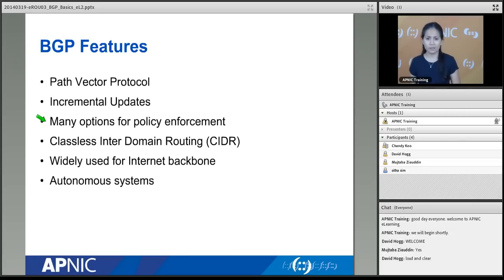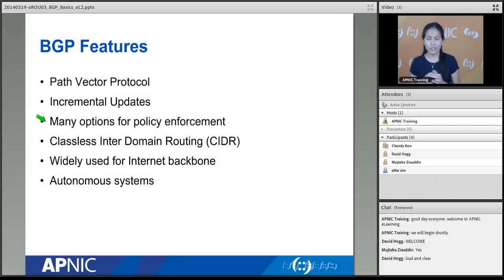Let's just say that, in my network, I've decided that I only want particular types of traffic to come into my network. Or I only want to peer with these neighbors and I will only send the prefixes that I currently have to these particular neighbors. Or for my outgoing traffic, I want my internal users to only access these particular services. So using these requirements, our internal policies, we can set up